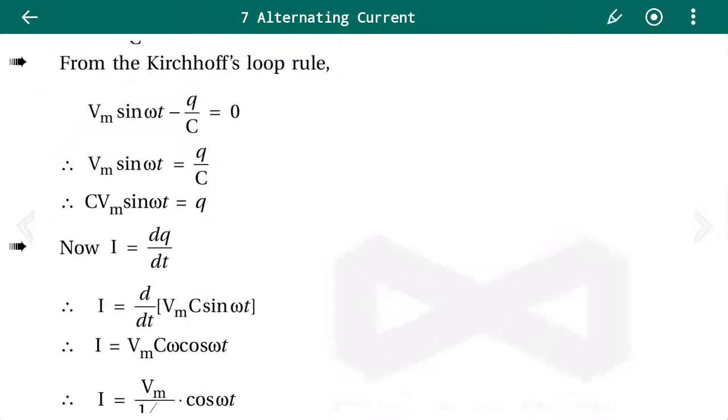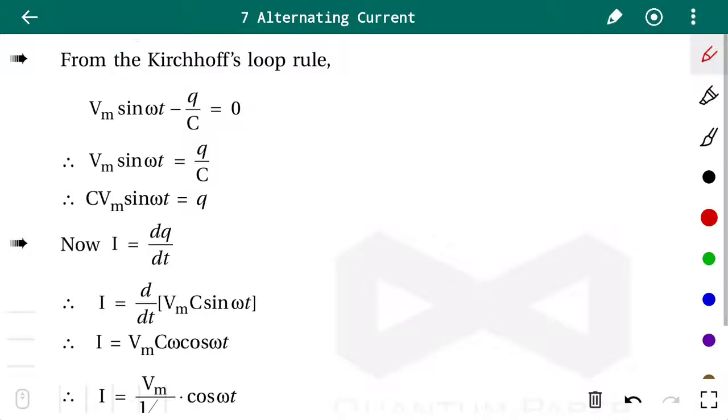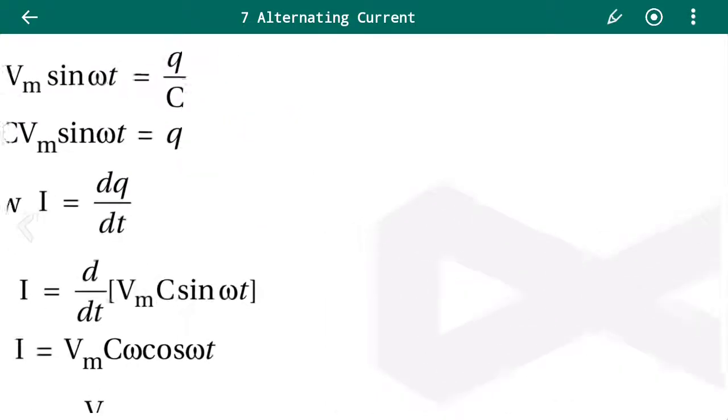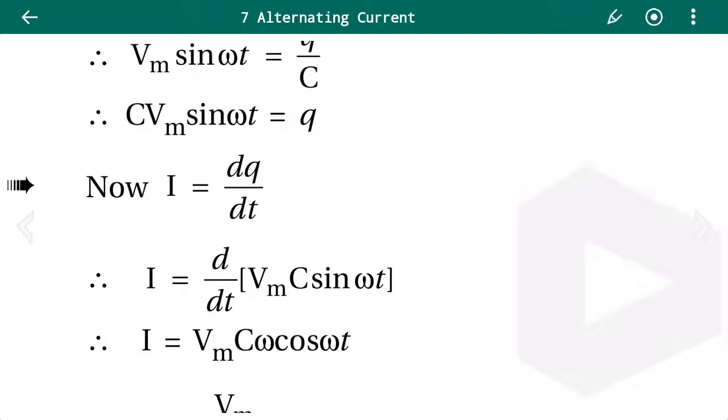So we have this equation. Now taking Q by C to the other side, we get Vm sin omega t equals Q by C. Taking C to the other side, we get C Vm sin omega t equals Q. Now as we know, current is nothing but charge upon time, that is I equals dq upon dt. Here we need to find the current equation, because the voltage equation, the voltage given by the supply,